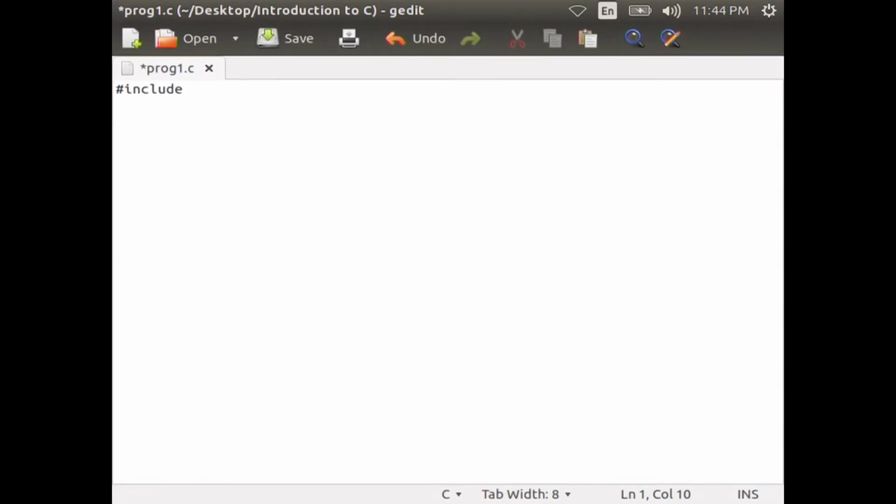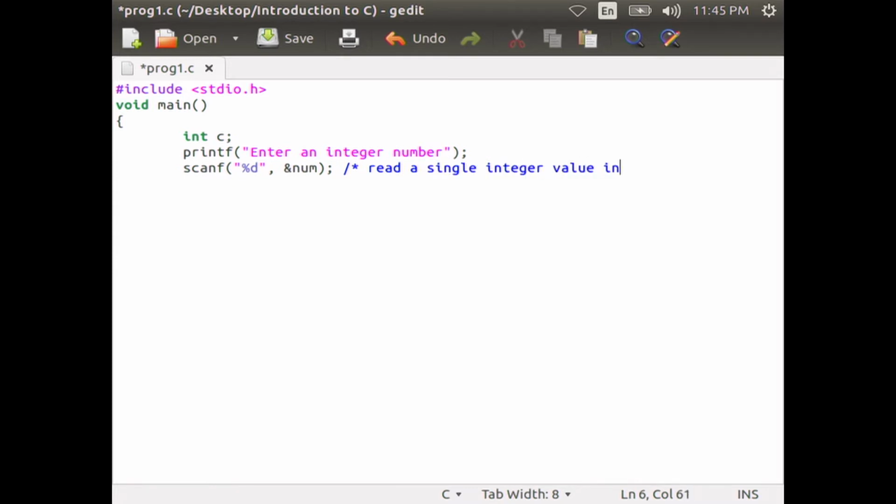Let us move to the editor and start typing this program. #include <stdio.h>, void main within curly braces, int num; printf("enter an integer number"); scanf("%d", &num); Then you can comment: read a single integer value. printf("the value is %d\n", num); then close the parenthesis and semicolon, then you close the curly brace.